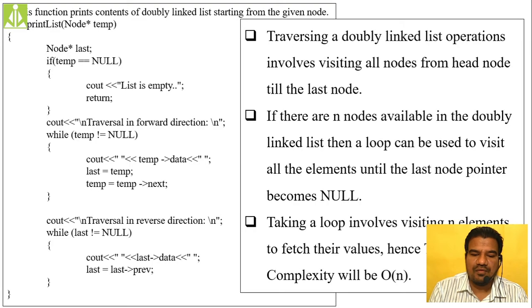So how do we do this traversal? We are taking the help of loops, isn't it? Of course we are taking two loops, but not nested. One loop separately we have taken, and the second loop separately we have taken. This loop will execute separately, and that loop will get executed separately. So whatever time complexity we get to complete this entire print list function, that is order of n only. The number of times each loop will execute is unknown to us, so the time complexity is order of n.